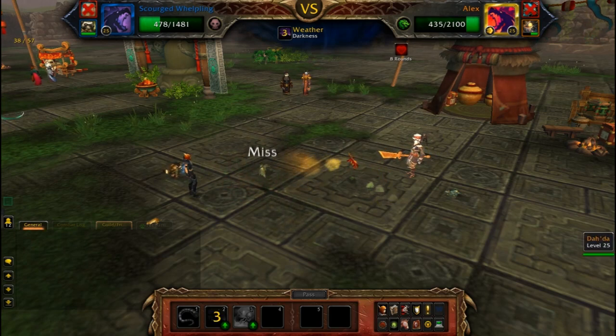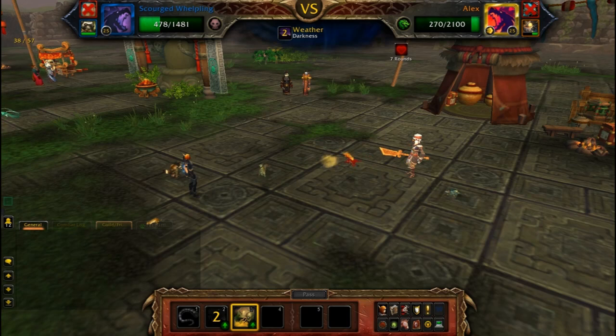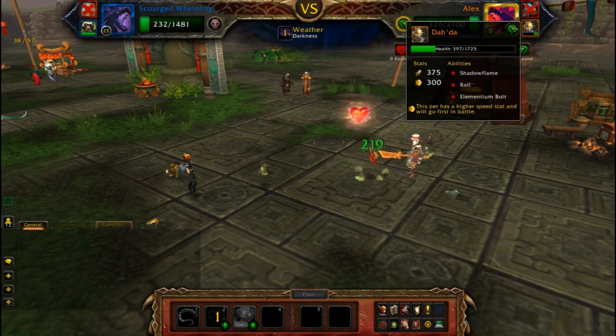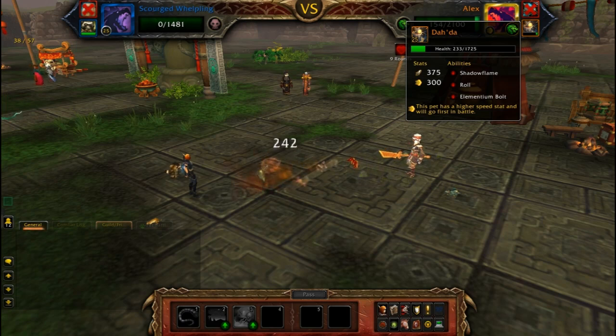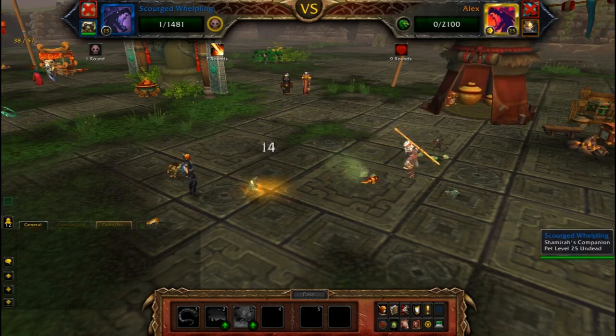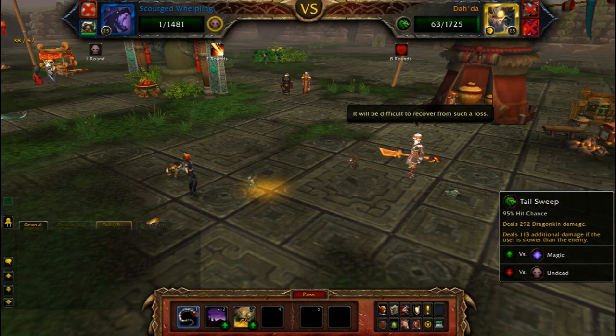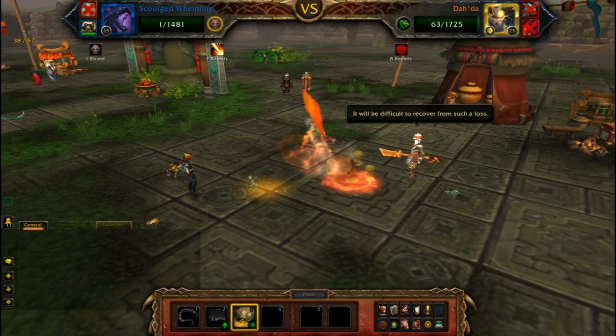But you'll see what Dreadful Breath is doing, even though it's not doing a huge amount of damage to the frontline pet, it's also hitting his backline pet, which is going to be invaluable, and I am still alive. So let's just do this Dreadful Breath again. Thing is, with this back pet, he does his Elementium Bolt. It's the first thing he casts, I think, and if it lands, you're pretty much done. Amazingly,